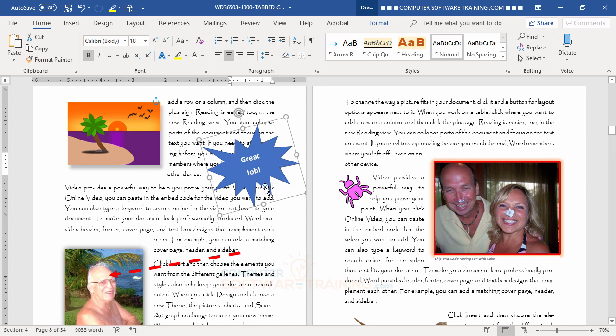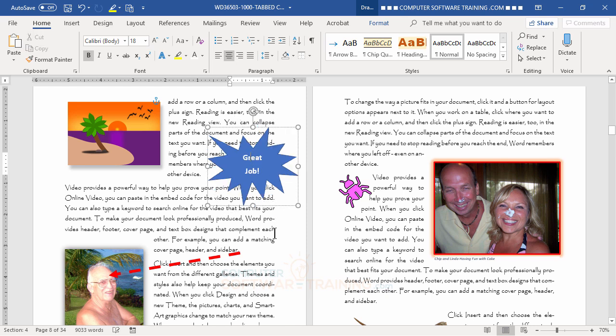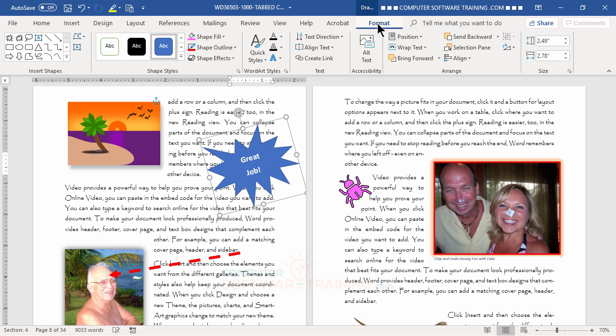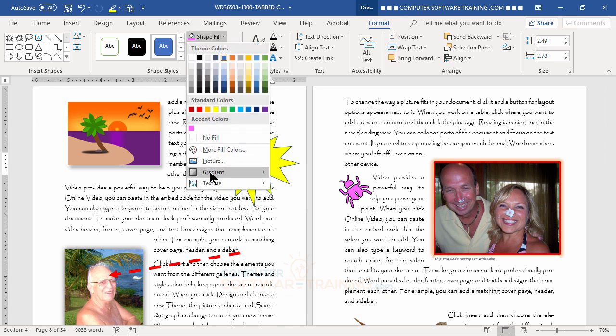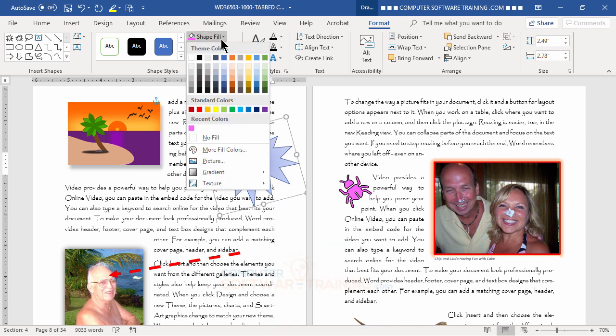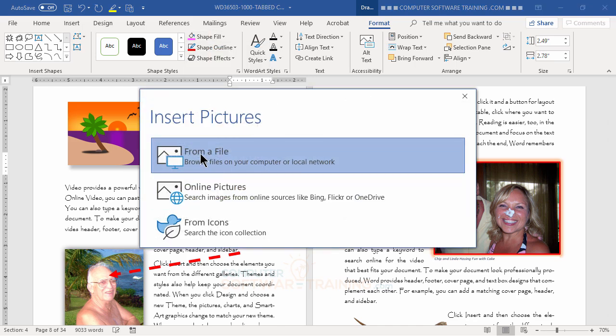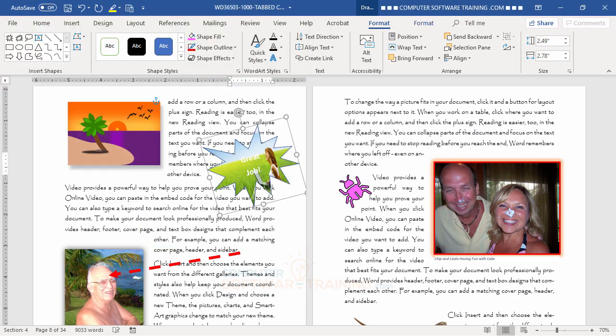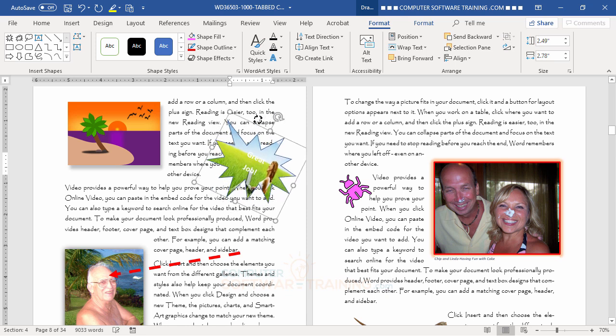I'm not. So you want to make sure you're not in it like that, because that's not going to let you do much changes. But if I click there, then I'm set. Now, what I want to do here is go to Format, and I've got my shape fill right here, and I can go with different gradients, have it look like that, or I can go to Picture, and I'll dig up a picture here, maybe this one here, and there it is, great job. And then I can rotate that around,